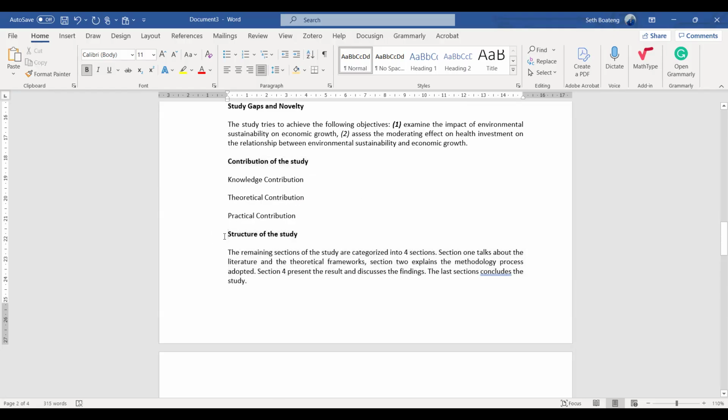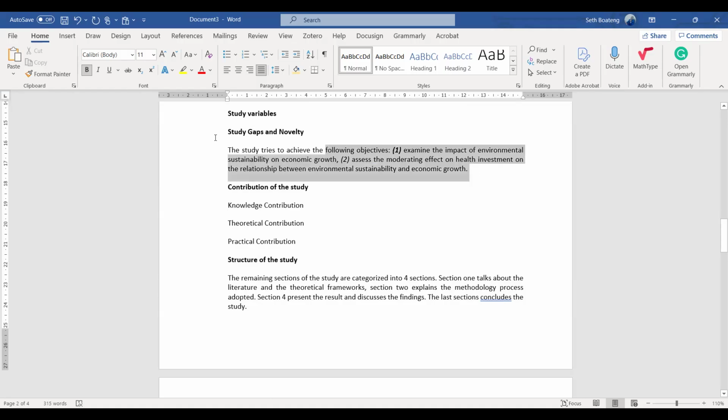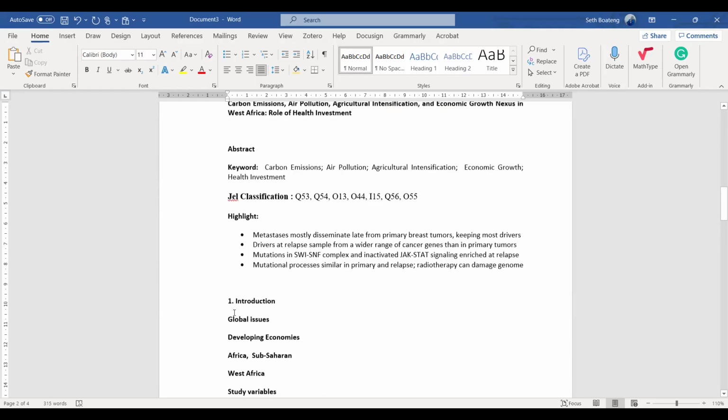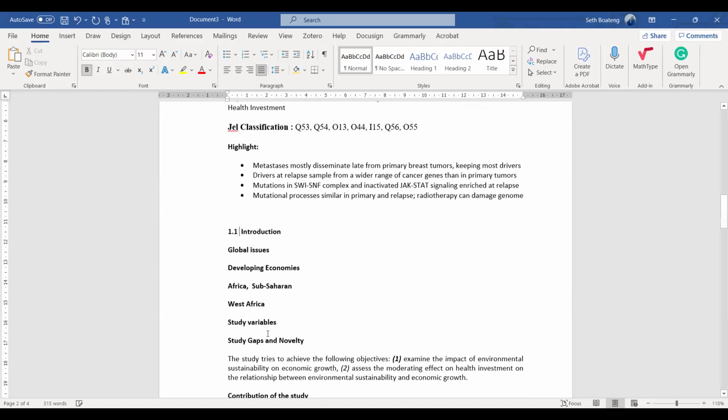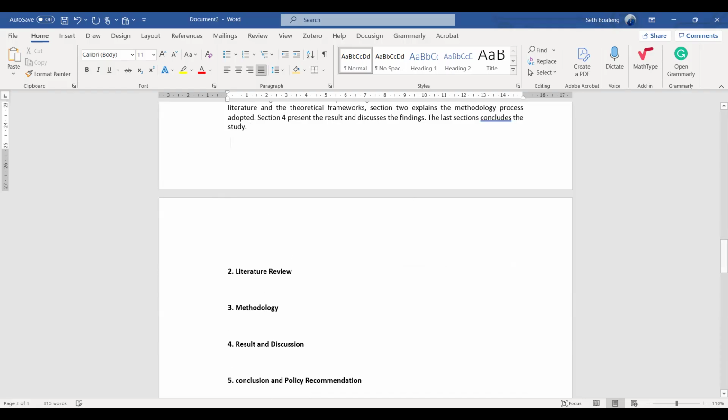Don't give it headings. And what others also do is they will bring the novelty and the study gap separately. So maybe they can give this one here 1.1, and then they will come and do 1.2. That one too is accepted. So novelty and contribution of the study, that one they will give it a heading, because it's very important.